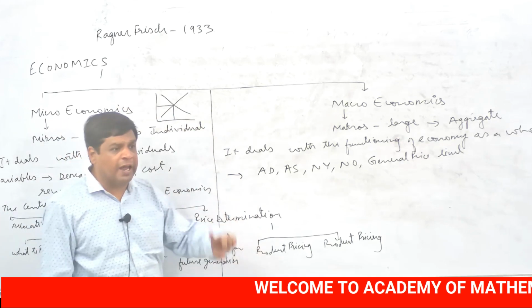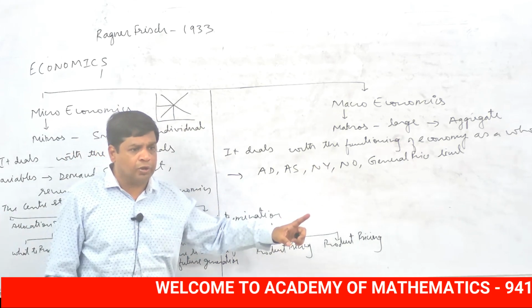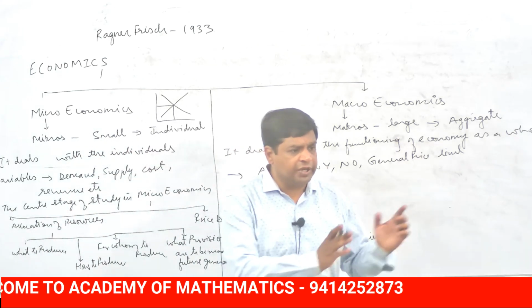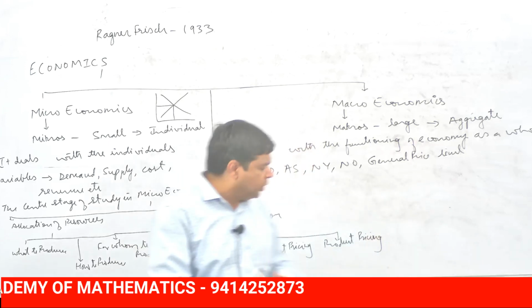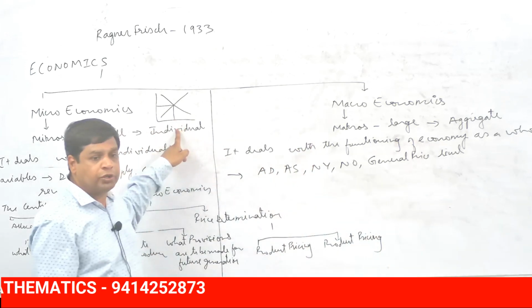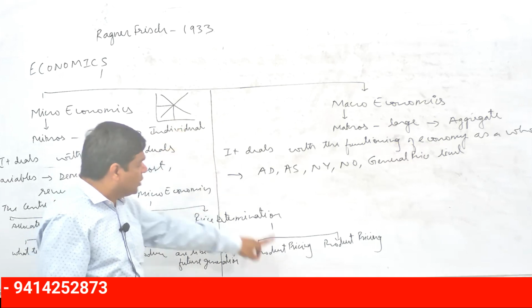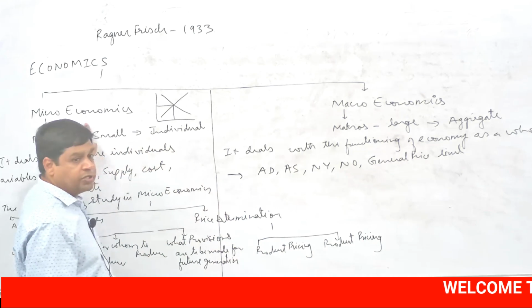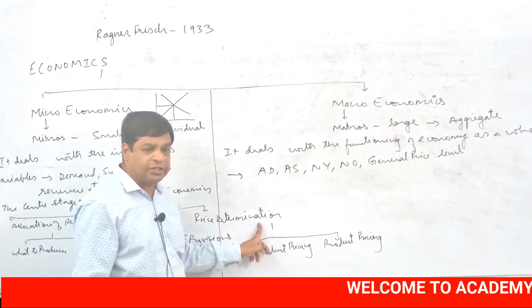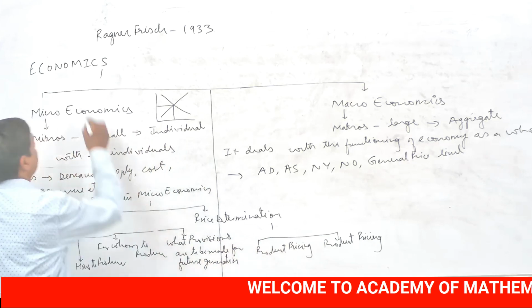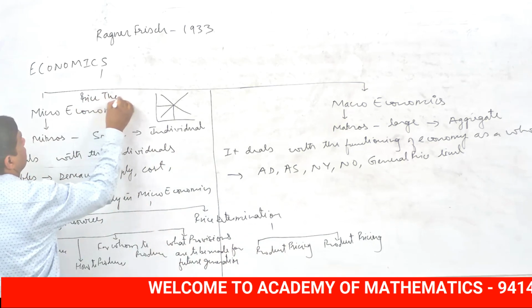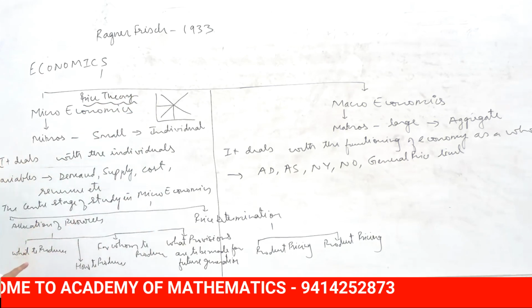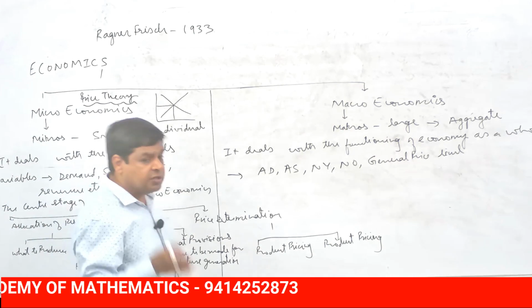Factors of production are land, labor, capital, and entrepreneur. We have to pay a reward to them in the form of rent, wages, interest, and profit. That is also determined by, we can say, microeconomics according to demand and supply. So product pricing and factor pricing are discussed in microeconomics. And this is the important work of price determination. That's why the other name of microeconomics is price theory, students. Or even I can say it is also known as the slicing method.